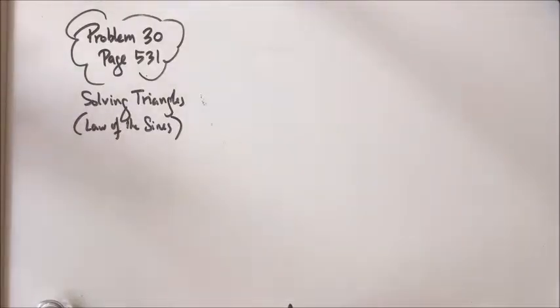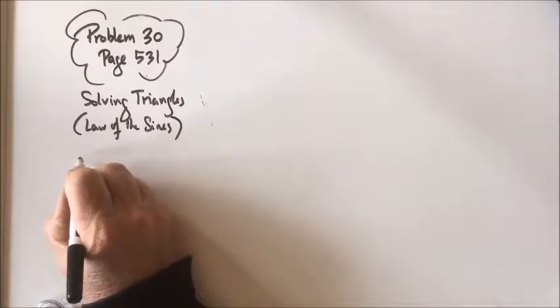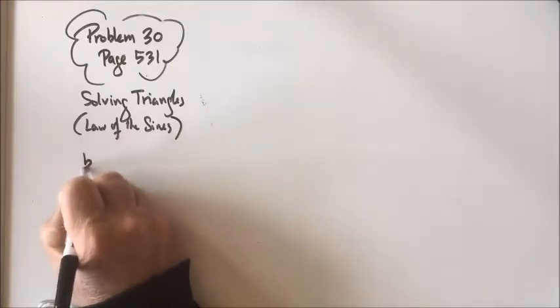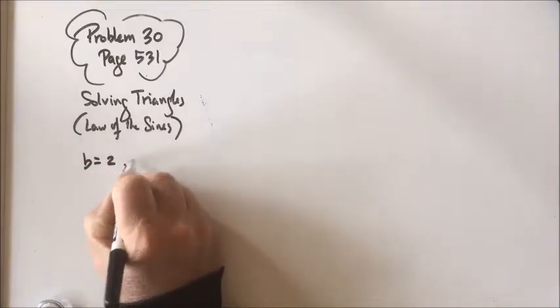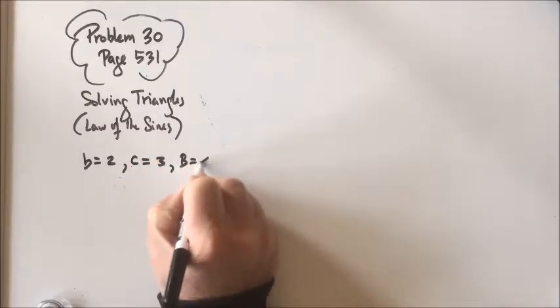Okay, here comes problem 30, very similar to the previous problems in the same section. They're both about solving triangles and using the law of sines to do so. Problem 30, by the way, is a sister to problem 33. It says that b is equal to 2, c is equal to 3, B is equal to 40